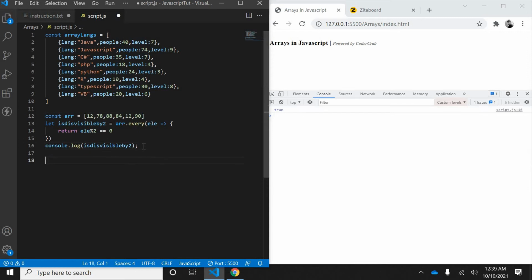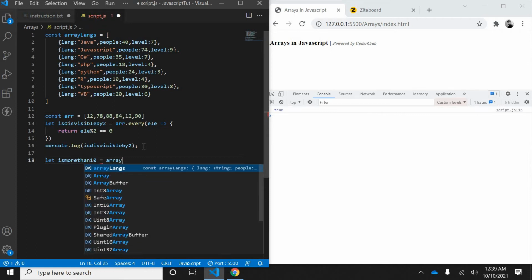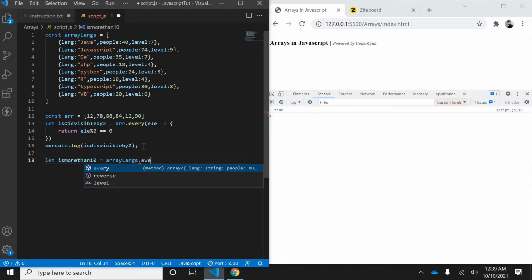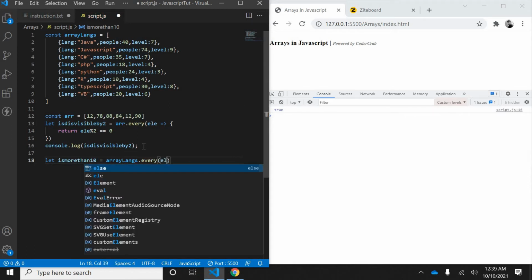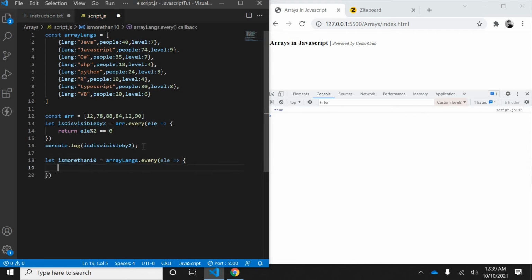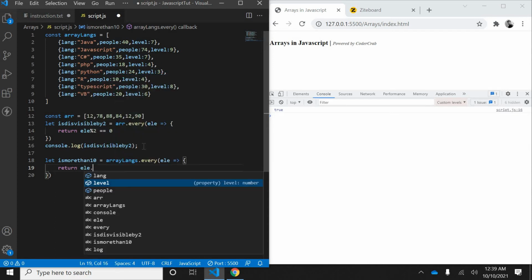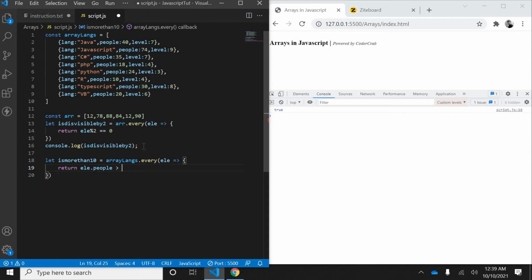In the bigger example, I want to know whether all the programming languages have a people percentage more than 10%. Okay, so let is more than 10 equal to array dot every, then inside that again ele, then inside that return ele dot people greater than 10.